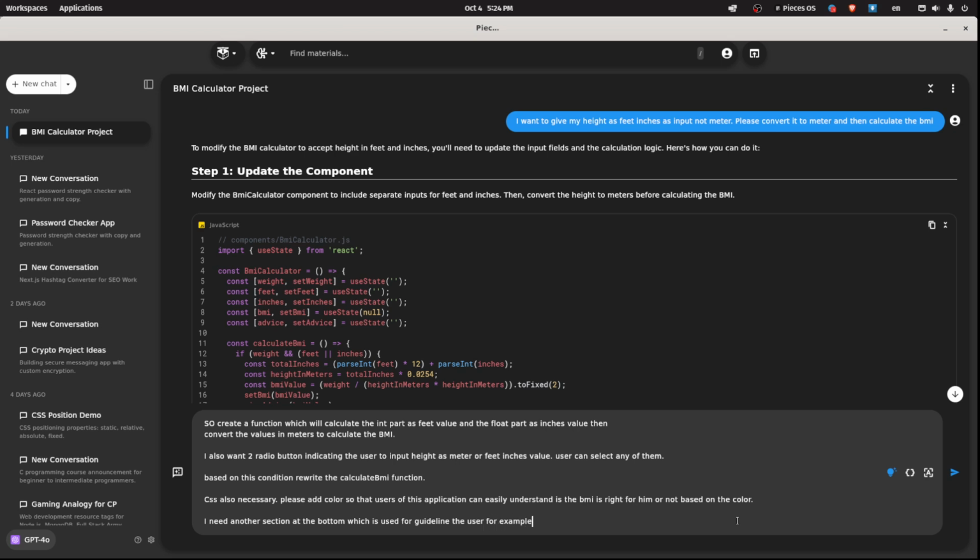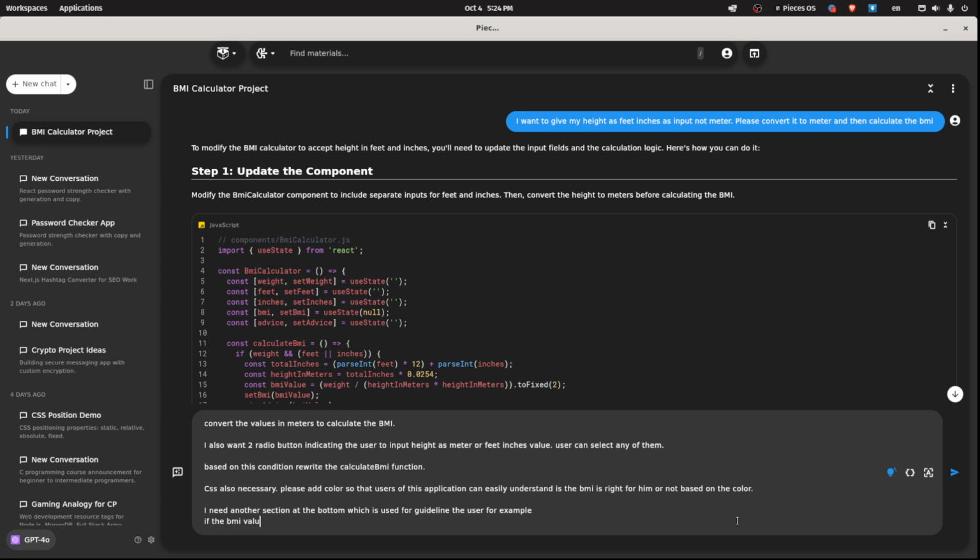For example, if the BMI value is so high, then suggest him or her how to decrease the weight, what foods to eat, and other things. Okay,